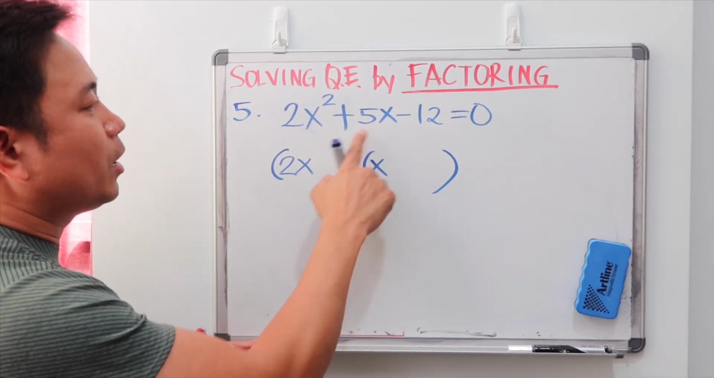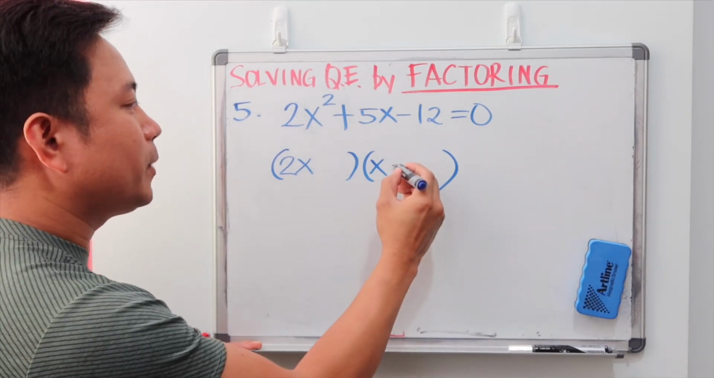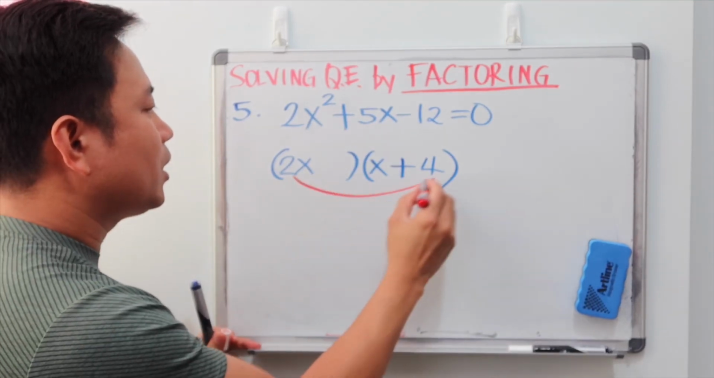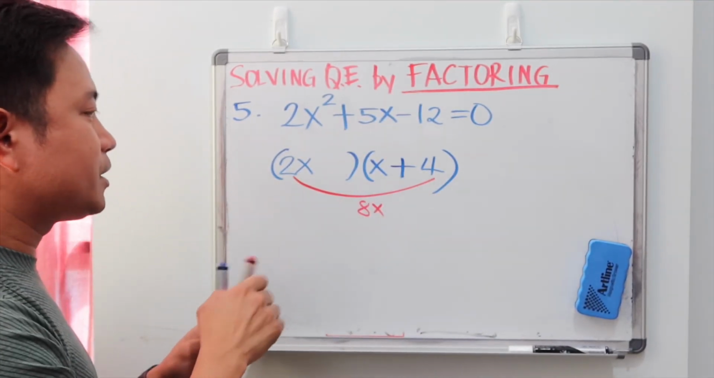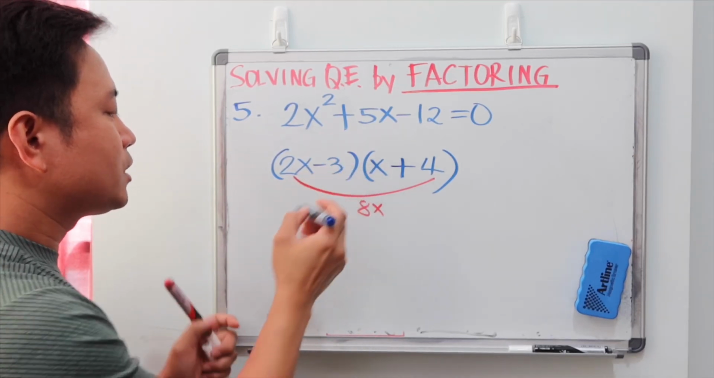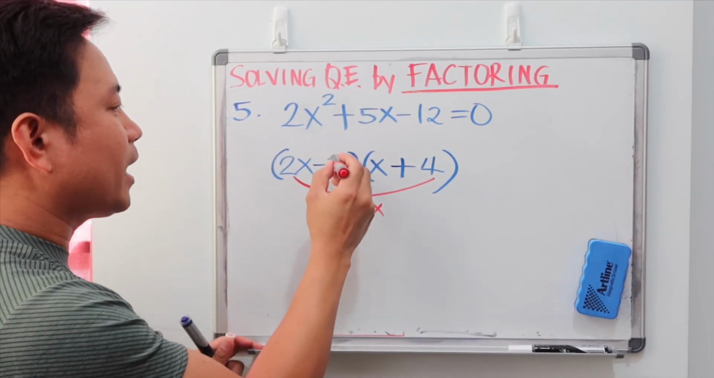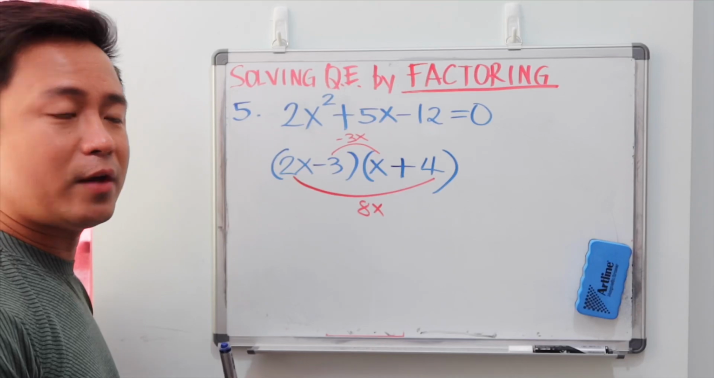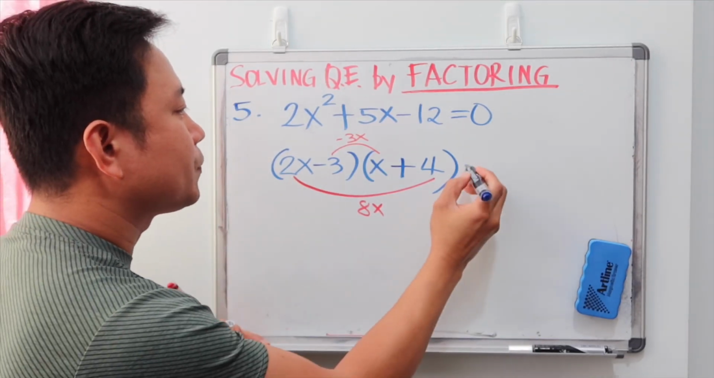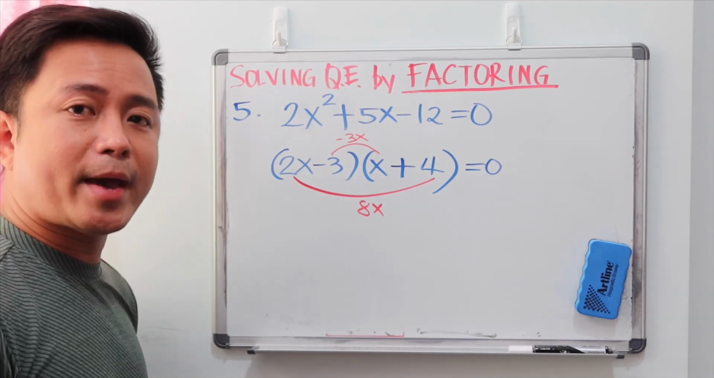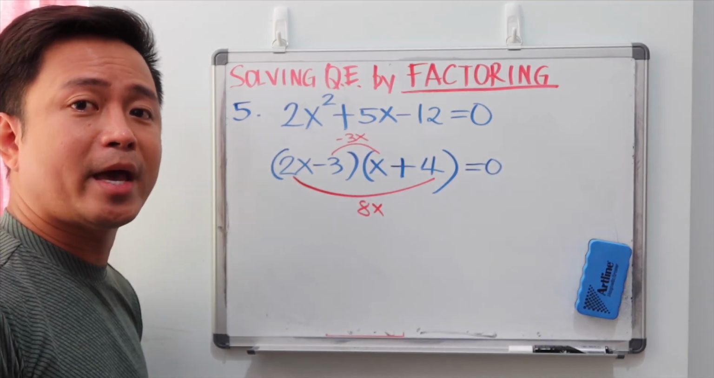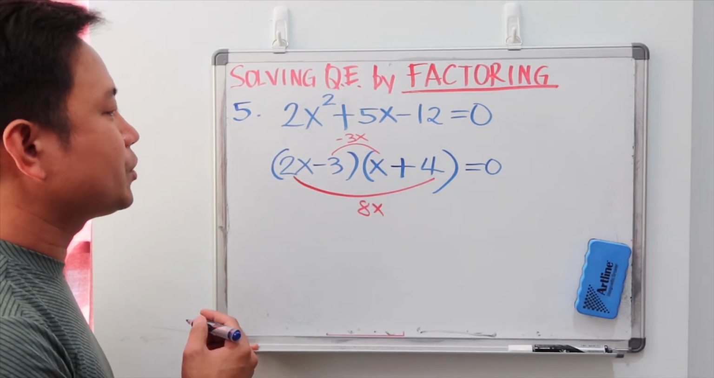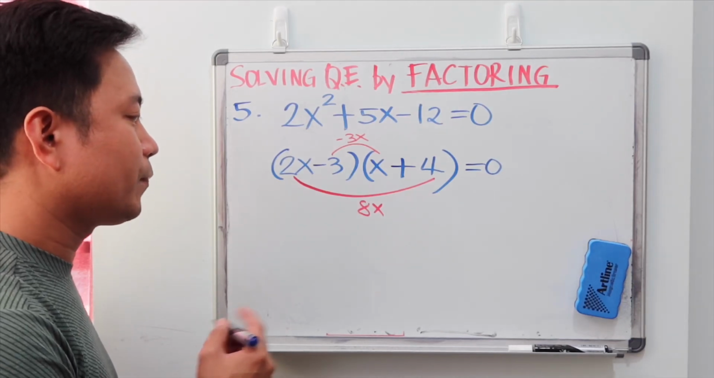We need a middle term of positive 5, so I will be using plus 4, because if I multiply 2x times 4, that will give me 8x. And I will be using here negative 3. Because if I multiply negative 3 times x, that's a negative 3x. And when I add the two, that gives me positive 5x is equal to 0. And if you can factor it using mental math, then you can also use the diamond method or factoring by grouping. So now that we have these factors, 2x minus 3, x plus 4 equals 0,